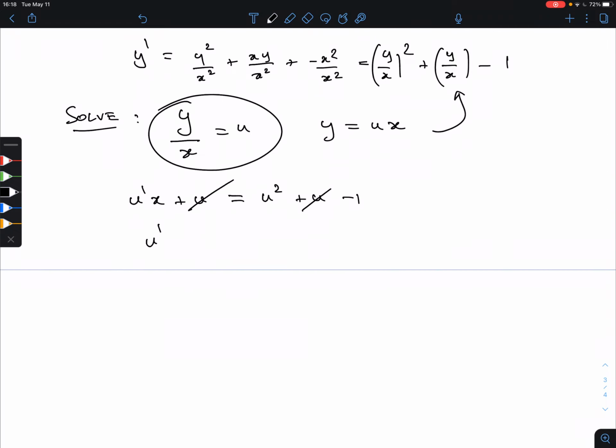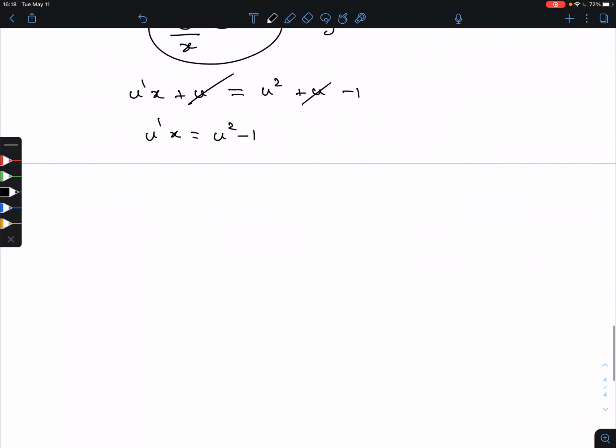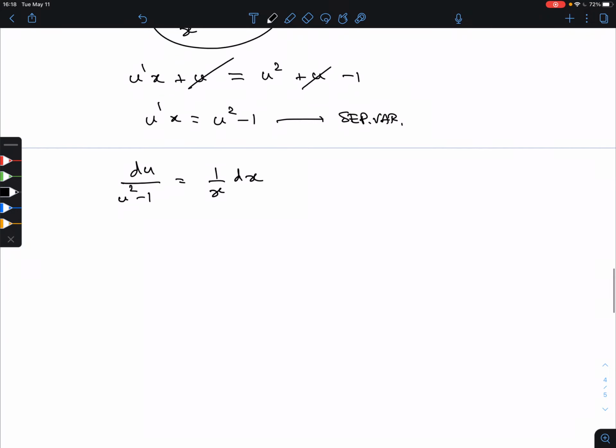Okay, the u's cancel here again, but as I said, this kind of cancellation, sometimes there's cancellation, sometimes there's nothing. So we get u prime x is u squared minus 1, so this means that, separating variables, right? So we're going to separate the variables, keep an eye on what we need to do. That means we have to write du over u squared minus 1 equals 1 over x dx. We have again u squared minus 1. Remember that was where we had to do